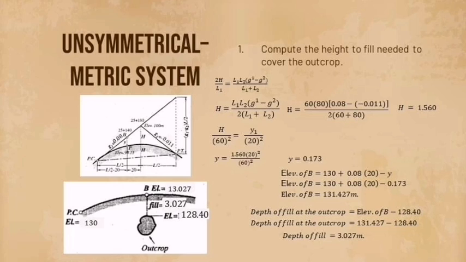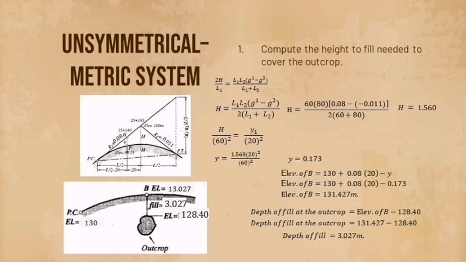So again, substitute all the values to the formula and we get y equals 1.560 multiplied by 20 squared over 60 squared. So you will get the answer of y equals 0.173. To get the elevation of B, we add 130 plus 0.08 multiplied by 20 minus y. Our y is 0.173, and if you compute all that, you will get the elevation of B is equal to